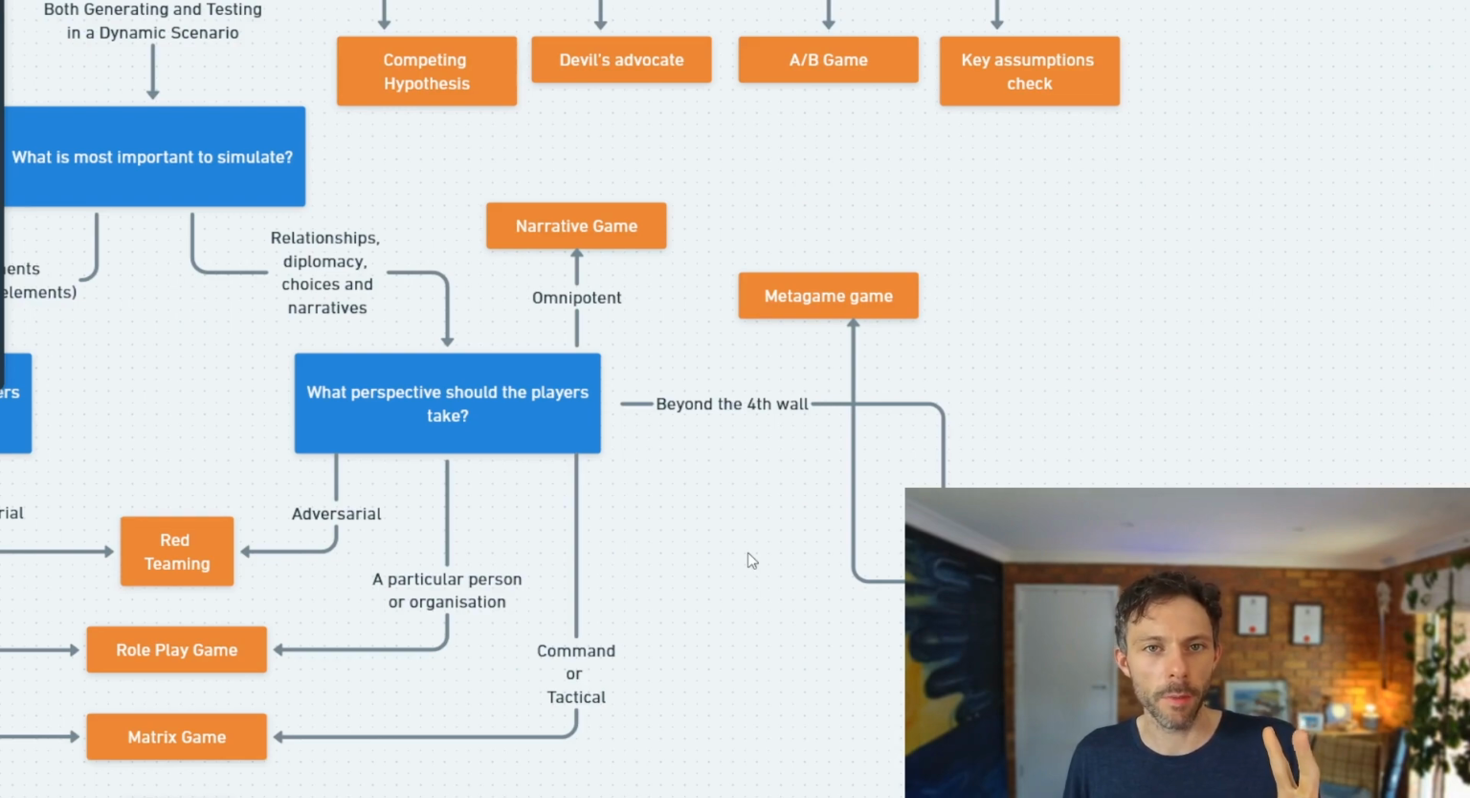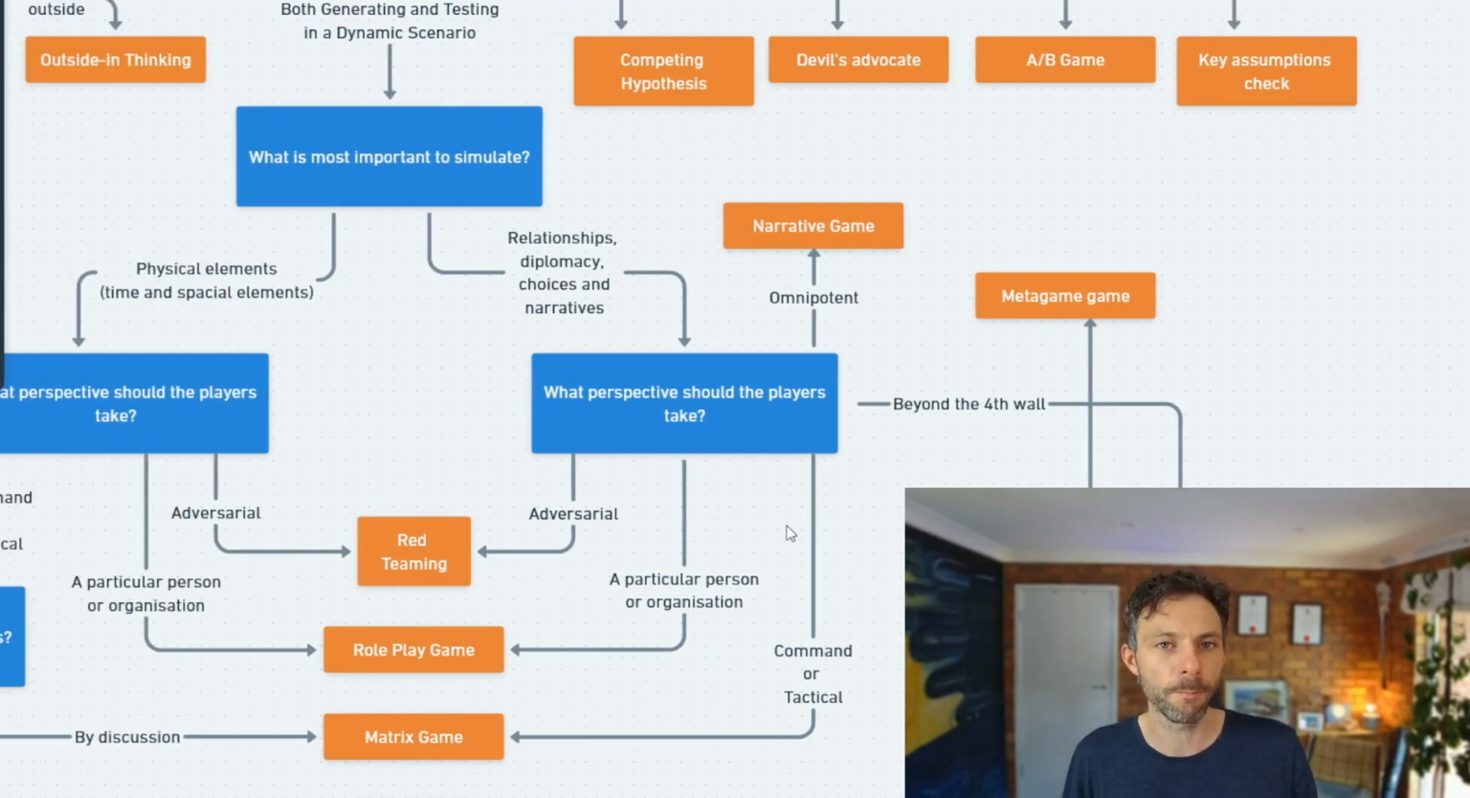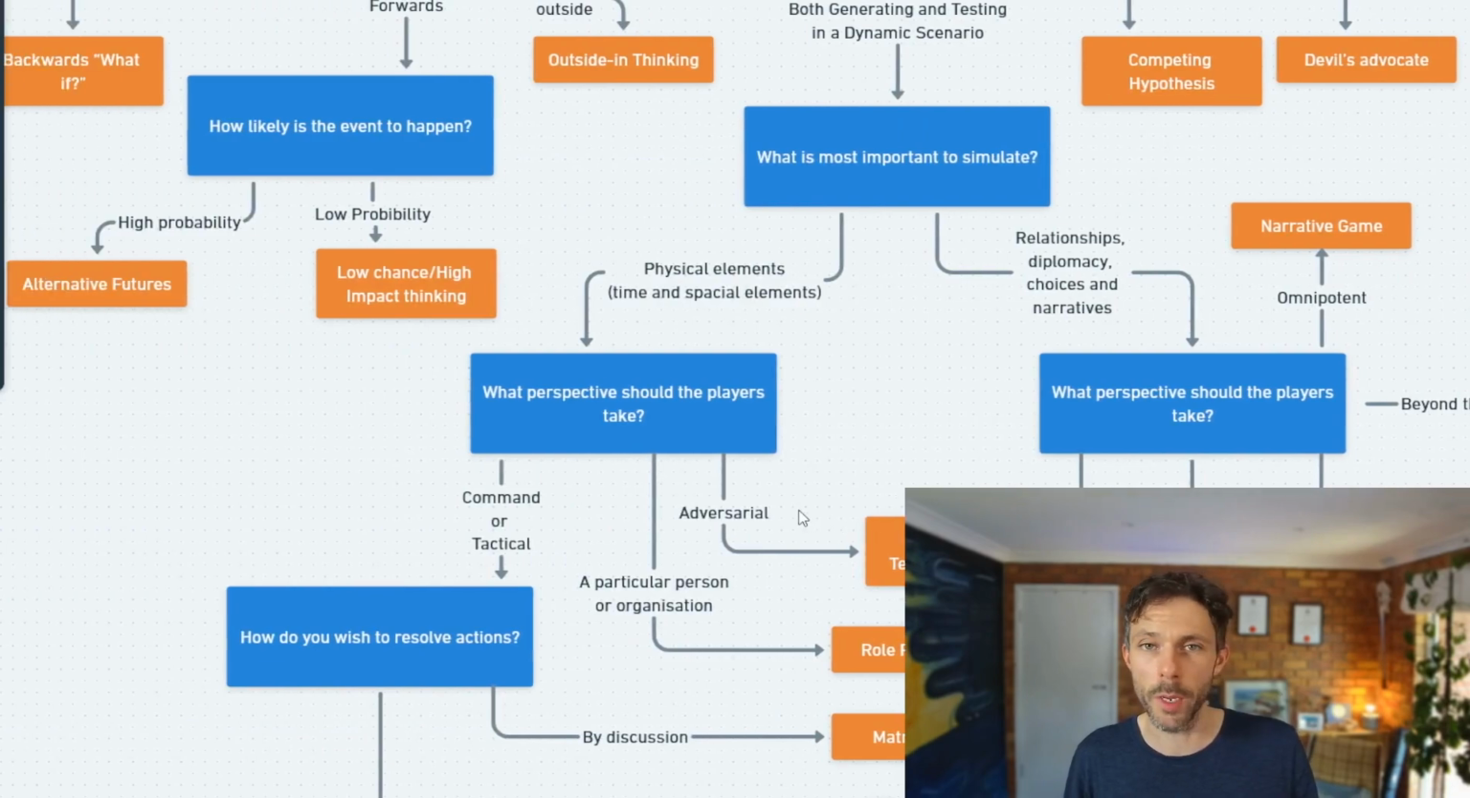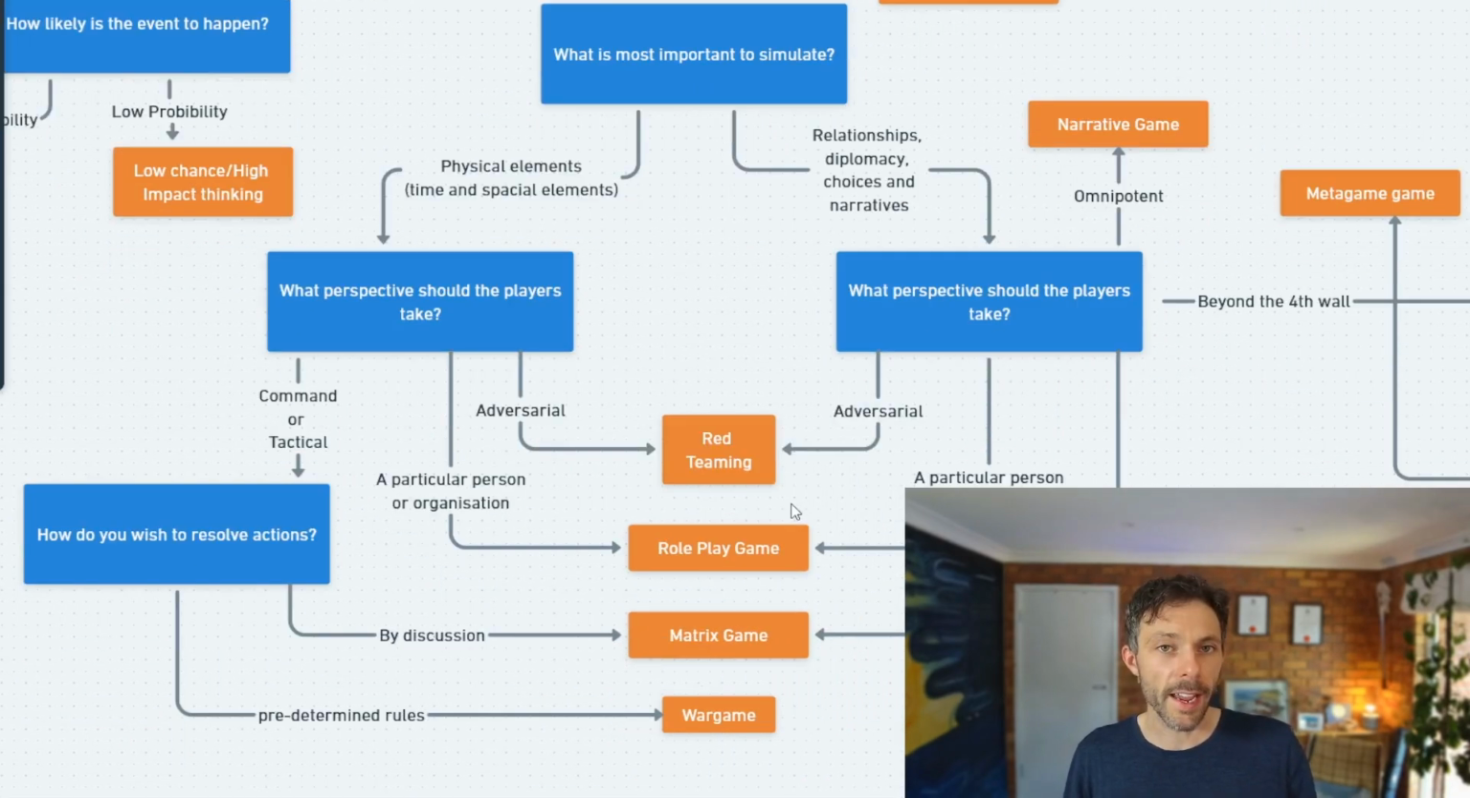There are two extra perspectives that I've included here. We mentioned metagames. If you want people to break that fourth wall and think about outside the game, metagames are quite advanced to design, but they can be used here. And if you want the players to be omnipotent and know everything, like a godlike perspective, a narrative game is probably useful. Moving across to the other side, if we're talking about physical game elements, again, the question to ask